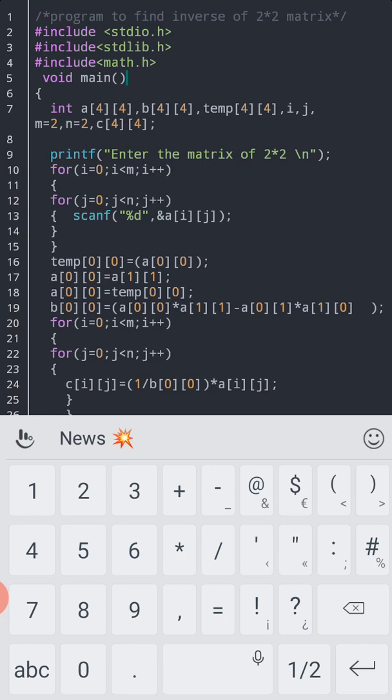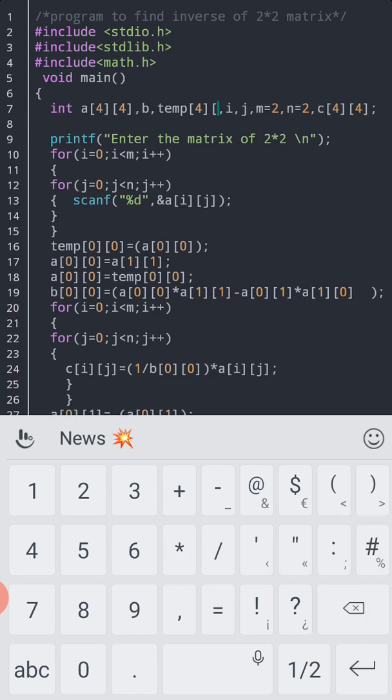And next I am using A, B. A indicates the matrix which is to be taken as input. B is not necessarily a matrix. And temporary is another variable.